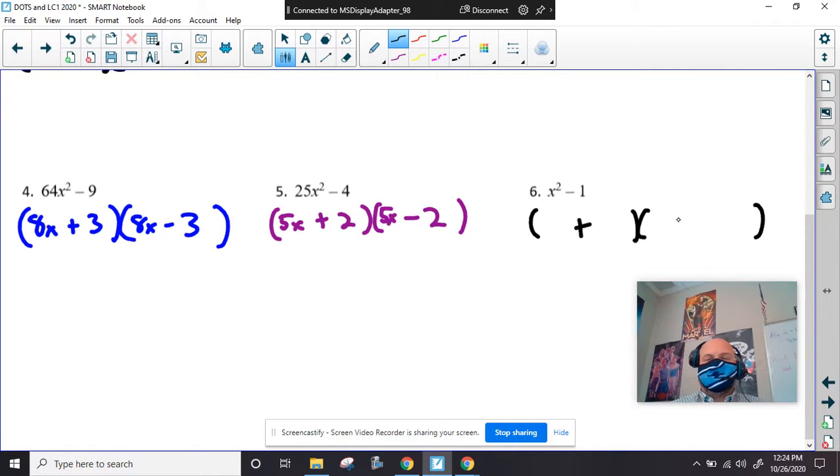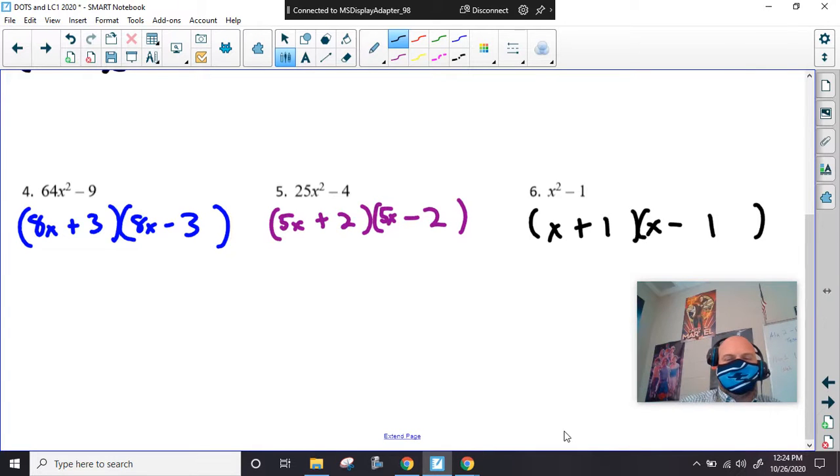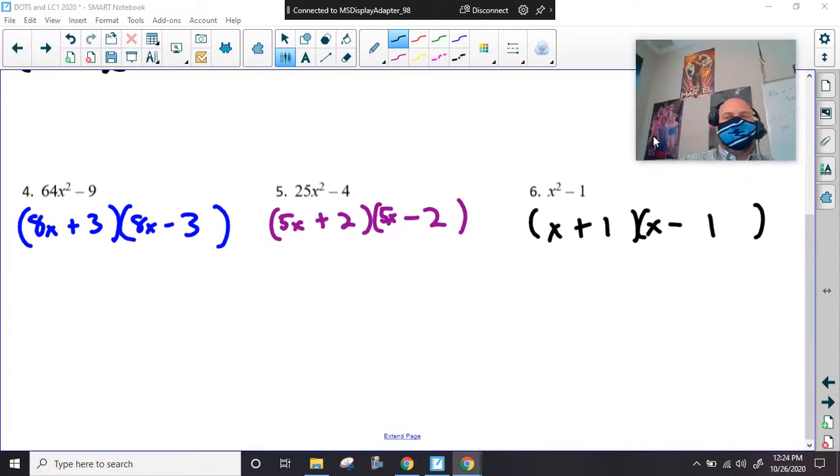All right, so plus and a minus. We know we're going to have x's in there. All right, here's the hard one. What's the square root of 1? 1, yeah. 1 is a unique number that it's its own square root. Same thing squared. It's just unique. That's why everybody wants to be number 1, okay? Because it's unique. Okay, so,